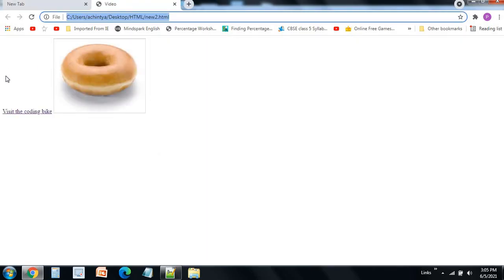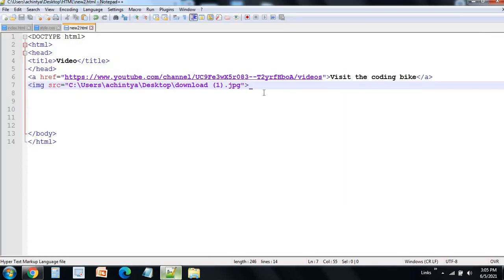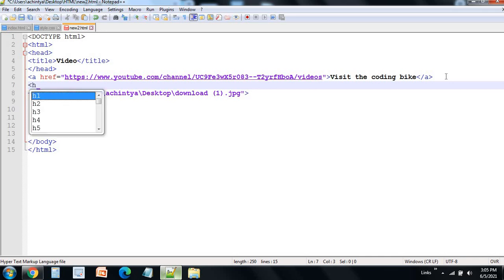Here you can see this text, "visit the coding bike." Now the difference between this and an H1 heading, I'll just write and show you. I'm going to write H1, then for example write AC, then close the H1.